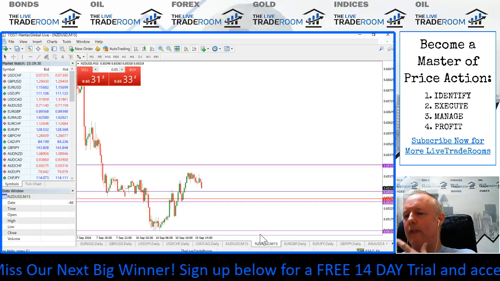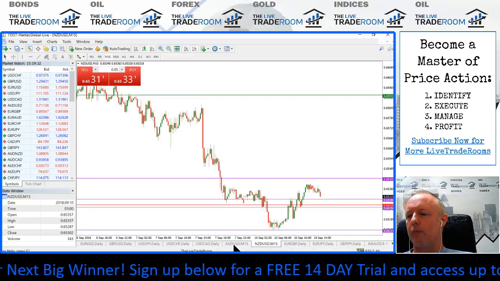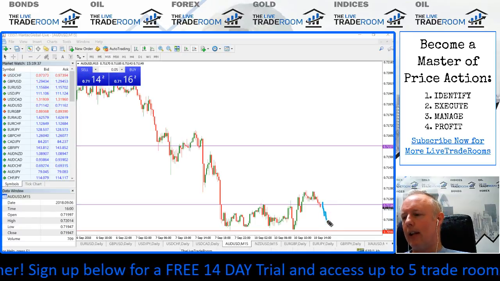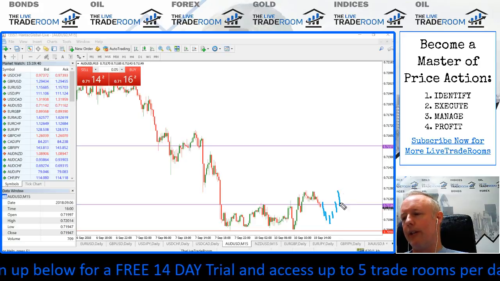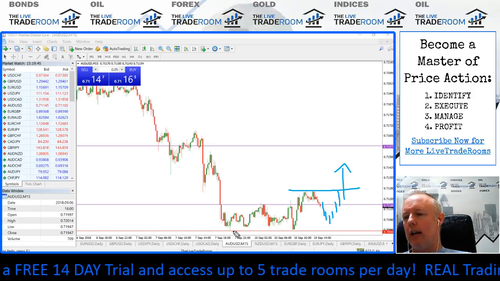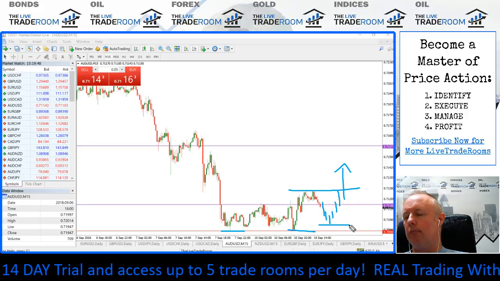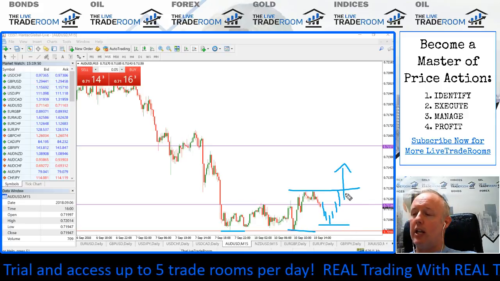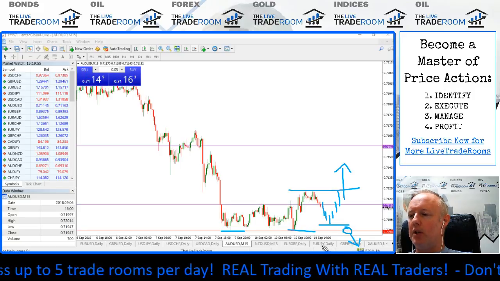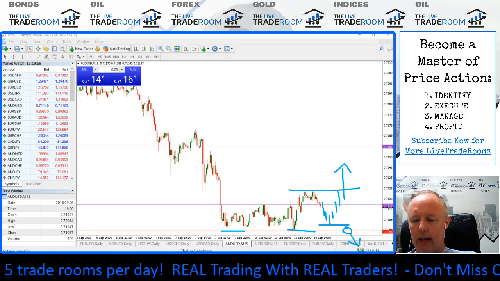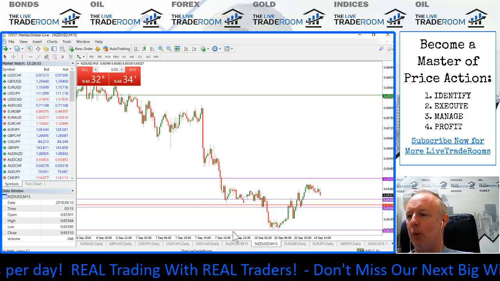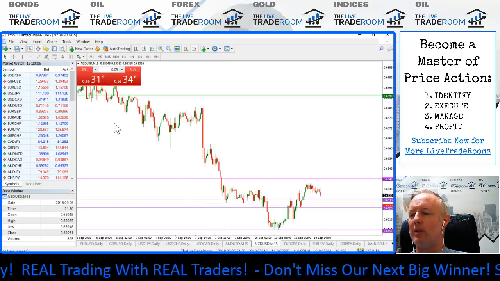So we're just going to be patient for now, and what we want to guard against, just so that you know, is the fact that this market might decide to do this and create another structural failure, which would be the situation where we're creating higher lows, which is the beginning of a trend to the upside. So we want to be patient and practice what we preach and get the break to the downside, because the longer this market moves sideways, the more attention it will get, and the more the breakout will be potentially quite explosive.